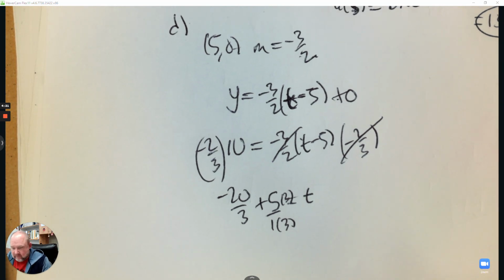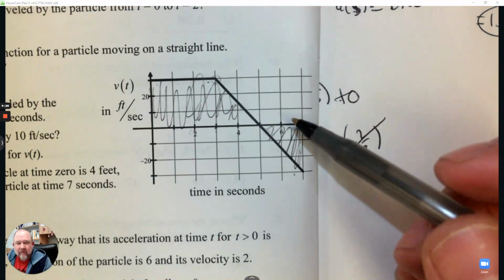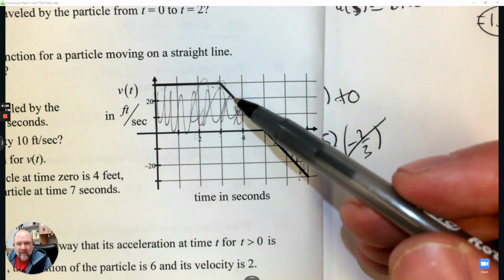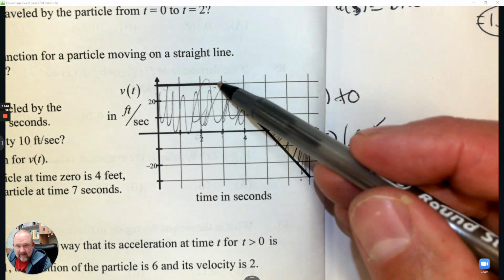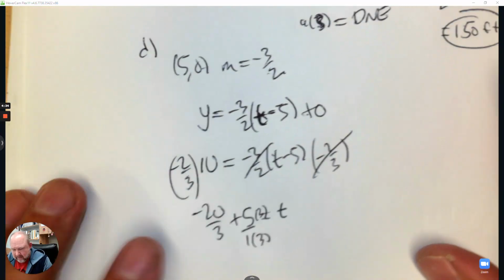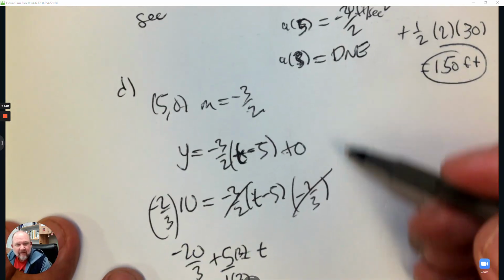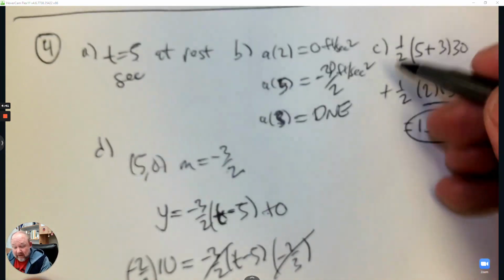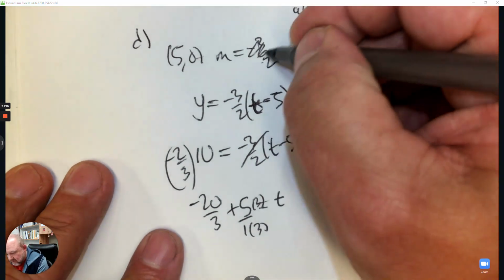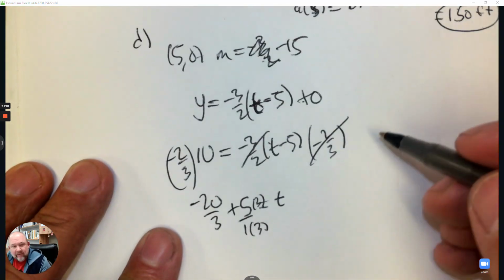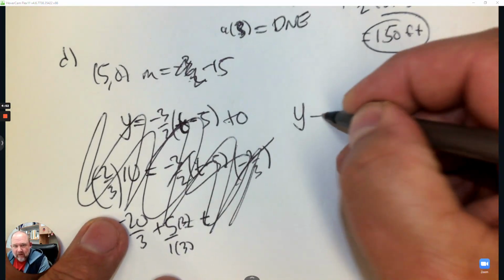Oh, you know what I did wrong? The slope is wrong. Because I didn't do the scale. So I should have gone negative 30 over 2. Negative 30 over 2. Did you catch that mistake? I bet you did because you're smart. So negative 30. In other words, negative 15. So let's try this again. So this slope is actually negative 15. So no, no, no. So the equation then would be